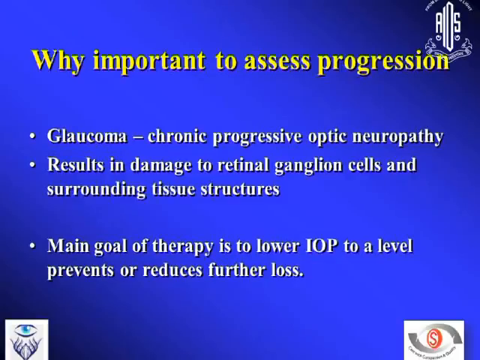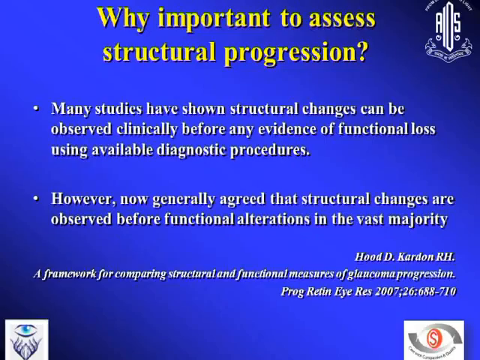without cure, and the only way is to make sure that the patient's visual field or visual function remains stable for the rest of life, so they should not deteriorate. For that we have to pick up progression or no progression, and that's why it's very important. The titrating of intraocular pressure is not the thing we are looking for. Of course, we are always treating, all the medication is to reduce the IOP, but what we are looking for is that the patient's optic disc and visual field remain stable. If they are not remaining stable, then that state is progression, and that is what we are trying to find out.